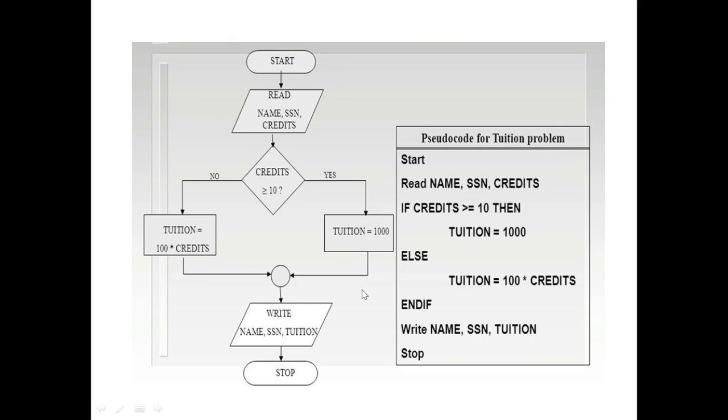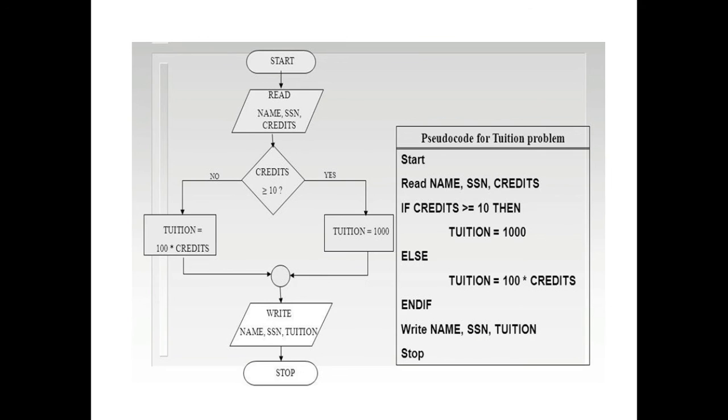Now we have computed the tuition fees. Now we have to show it to the user who is going to use this particular application. So again, we want to output something. We'll use the parallelogram shape for this. And there I have written a command called write. Write is a keyword which is used to output something either to the console, or to a file, or some other kind of peripheral device.